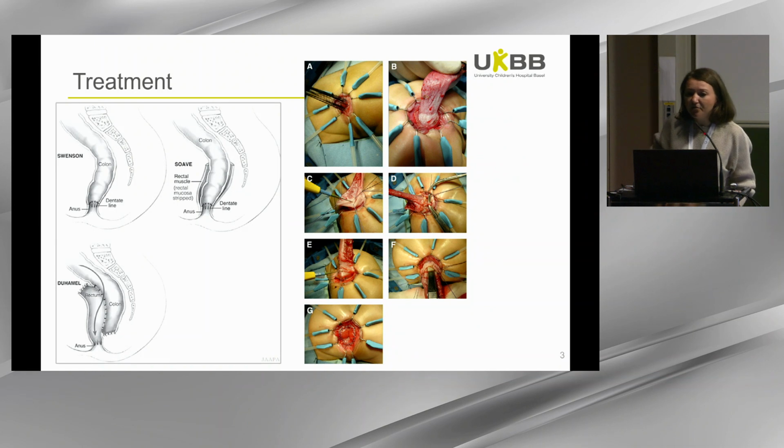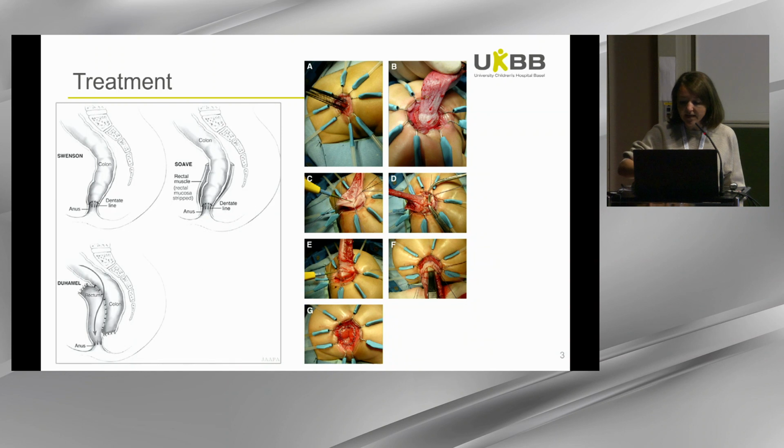Once we've made the diagnosis, the most commonly performed operations are the full thickness Swenson pull-through, we have it here on the left, or the endorectal Soave pull-through, and the retrorectal Duhamel pull-through. Individual studies have tried to show that there are different outcomes based on the different operation methods, but no superior method has been identified so far. All of the surgeries can also, there's always the option of laparoscopic